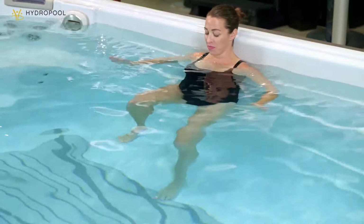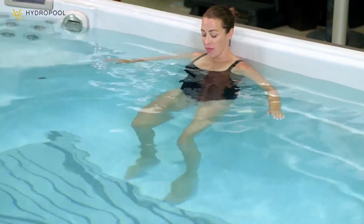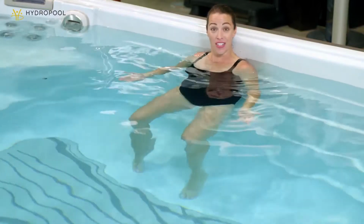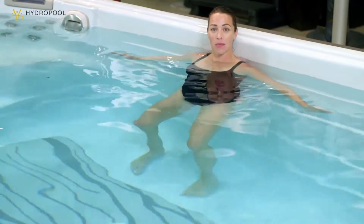Couple more. Great. All right, staying exactly here in this position, we're gonna press our toes into the floor and lift up through the heels. So the same way we warmed up with our calf raise, it's the exact same movement, except the hips stay